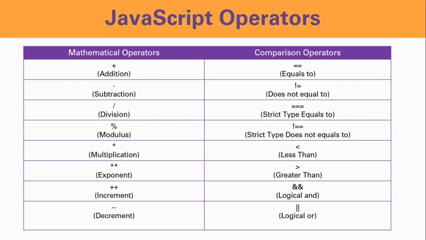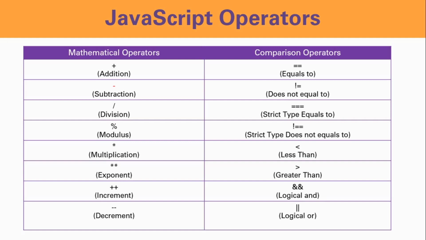For example, 4 modulus 2, because 4 is completely divisible by 2, there's no remainder, so 4 modulus 2 becomes 0, and we'll cover that later. Asterisk sign is used for multiplication, double asterisk is for exponent, the plus plus sign is for increment, and minus minus sign for decrement. In terms of the comparison operators, when we want to compare two different values, the double